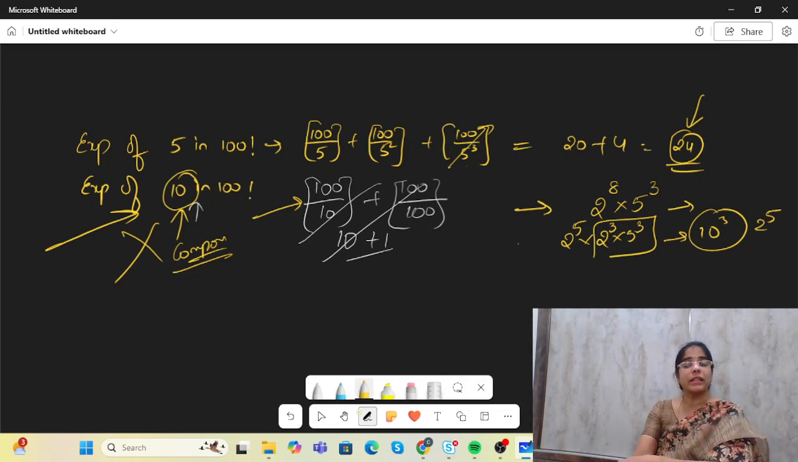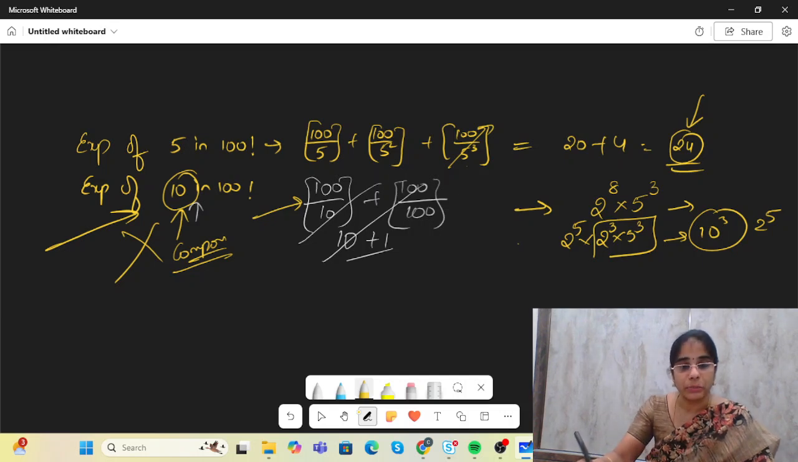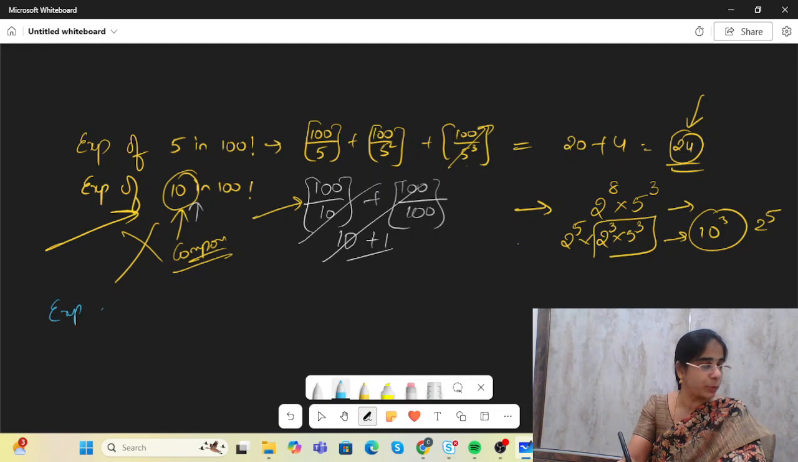No, because 10 is a composite number, that will not be applicable as a rule there. So if at all we want the 5 power value, do it, because it's a prime number. Yes, you can do it: 100 by 5 plus 100 by 5 square. Keep all this in steps and then add them together. Got it? Now, tell me how many of you can try: what will be the exponent of 12